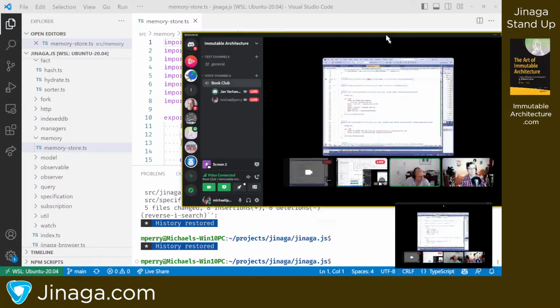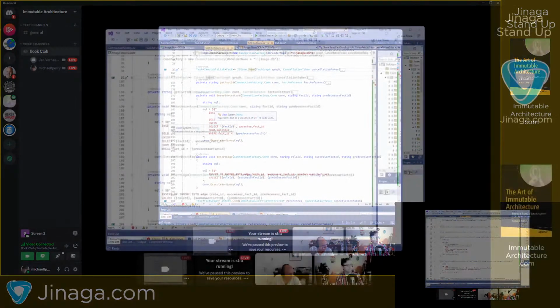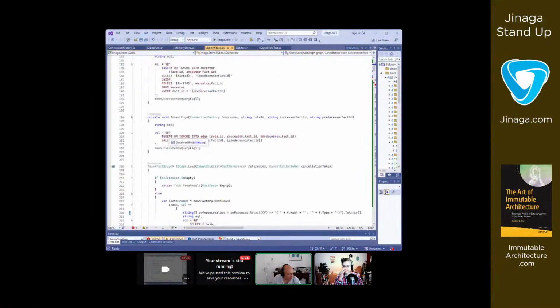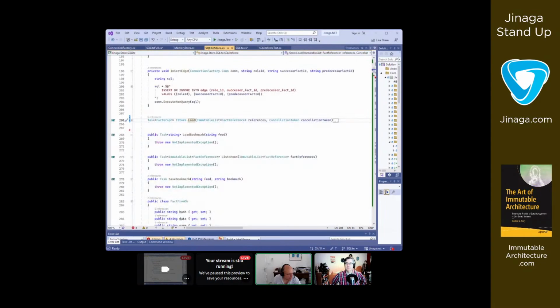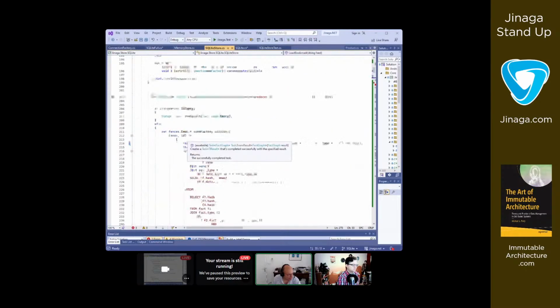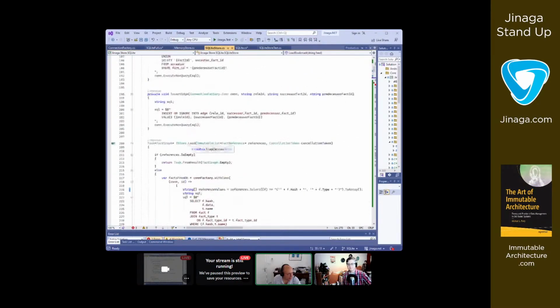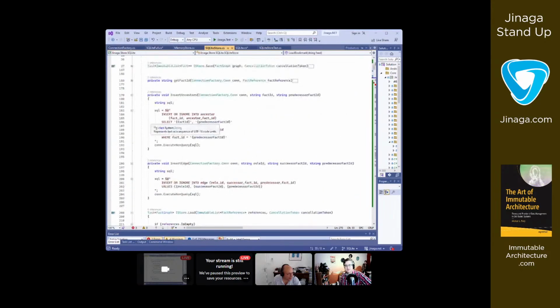Get fact ID, that's all private methods. I have load. That one was working. Okay. Load bookmark, no, load bookmark was not implemented. But so load I have, and save I have.